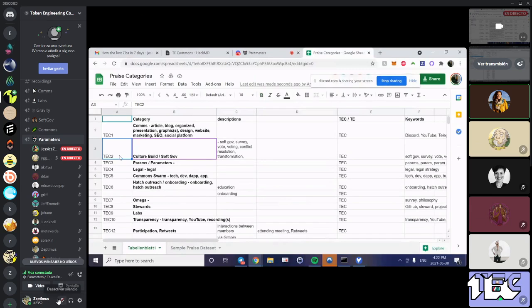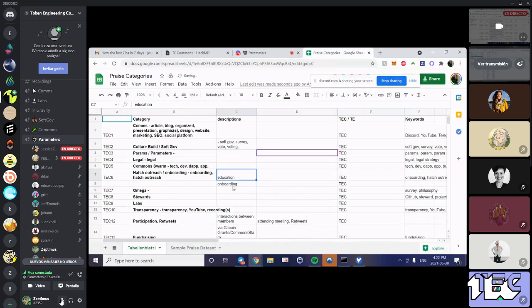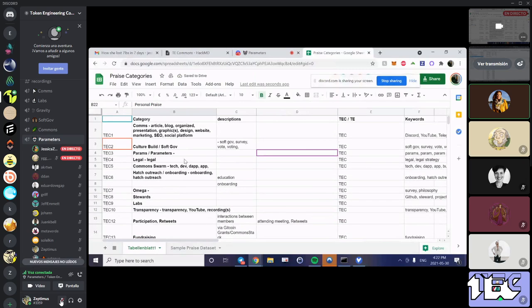Yeah, this TEC2 bucket. Gov, survey, voting, conflict resolution. So should I put it on the soft gov or in the education? Oh yeah, it is soft gov actually. Okay. Culture build, I guess, because it's Ostrom.